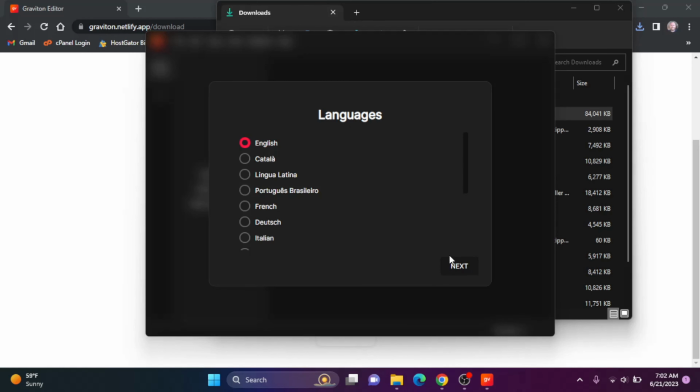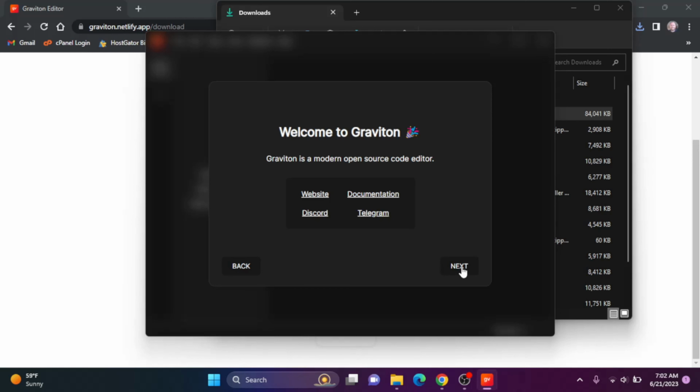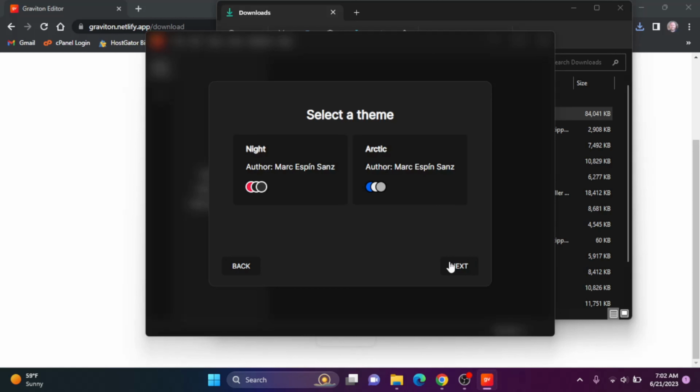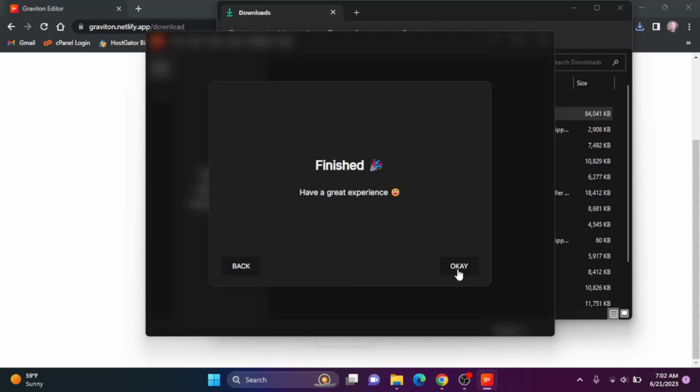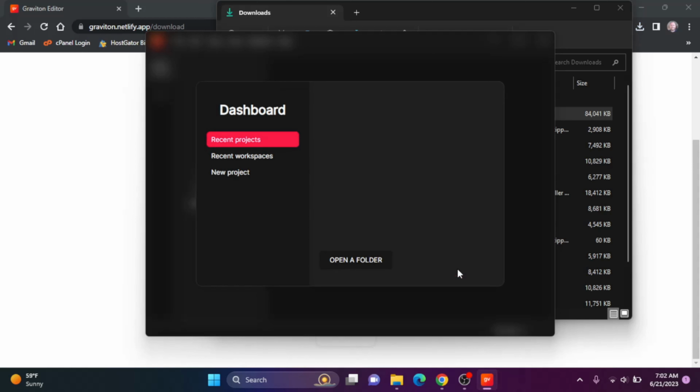We can select English. I can click next, and welcome to Graviton. Here's some stuff. I can click next. I can pick dark or light. I'll just keep it as dark and click next, and then click OK, and we can create a new project. And we can create a node project, or we could open projects, but we have